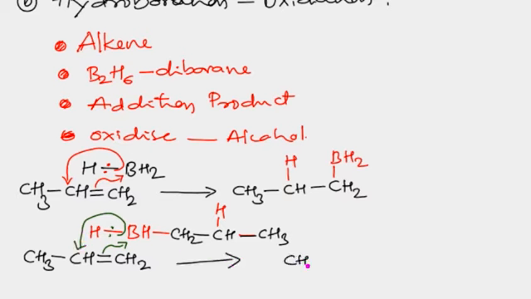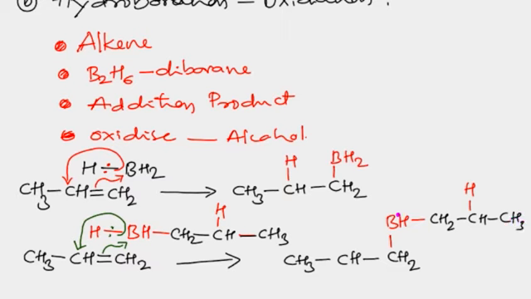Then we get here CH3, CH, single bond, CH2. On this side I'm going to write, check the molecule how it is there, BH, then the remaining part, that is CH2, CH, and here is one hydrogen, this is hydrogen H, and then it is connected to CH3. And now there is still one hydrogen there, and one hydrogen we have to write to this carbon because it is shifting towards the second carbon, right? So therefore still there is one hydrogen here. Okay, so this is also an addition product.